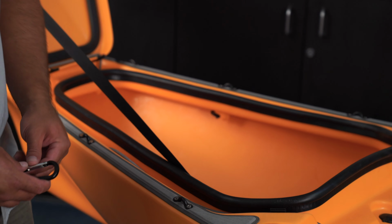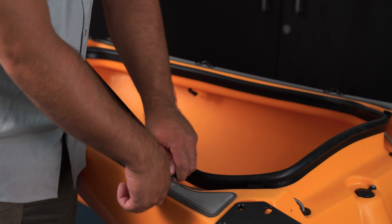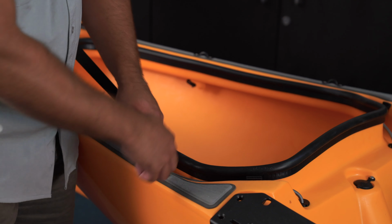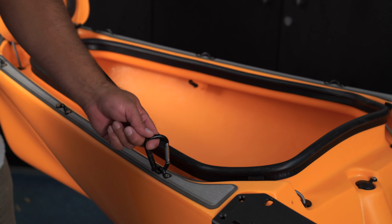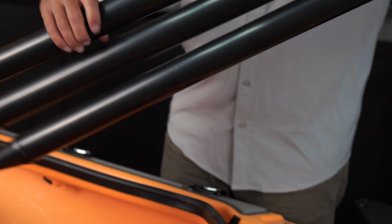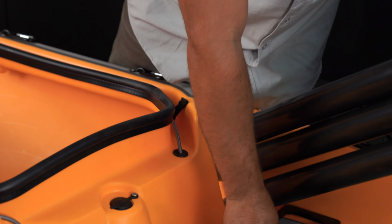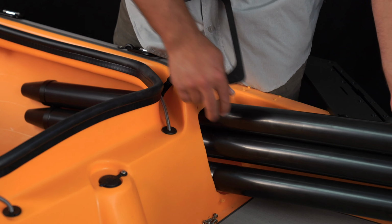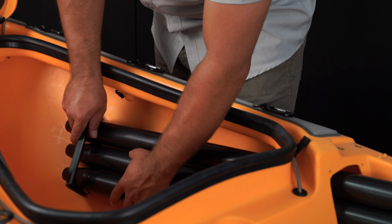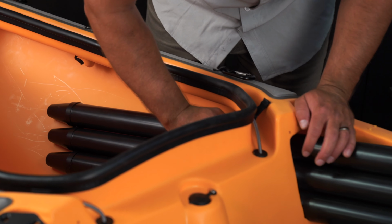All-purpose carabiner clip, and what I'm going to do is actually just pull it through the Padeye and have them oriented up like that. You want to take this backing plate off, insert the tubes into the opening, the tips of the rod tube,